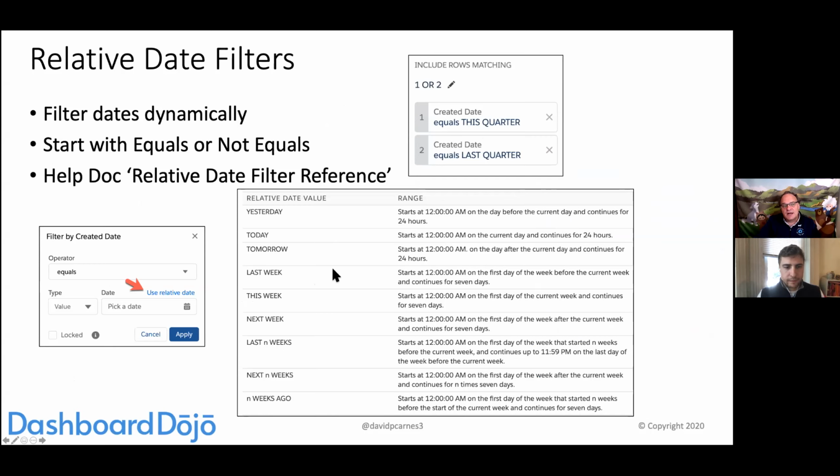My strong recommendation is if you use these, so let's say you can see here on the screenshot on the left, I've added a filter on the created date and I'm using equals, and you see the link here to use a relative date. Well, if you choose that, then you can use this whole list that's in help. So if you look in help for relative date filter reference, this list has gotten longer and longer and longer